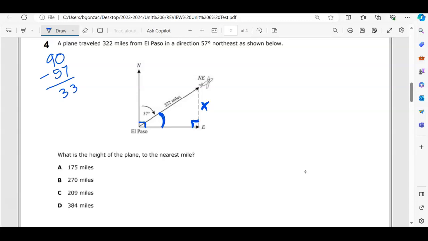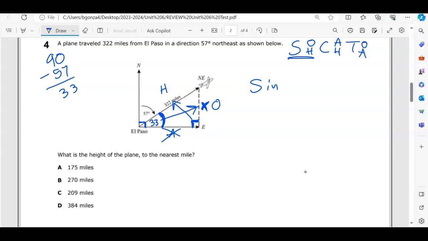So I'm going to put 33 right in here, and now I'm going to use that angle to label O, H, A. Which one is not labeled? Well, it's the A. Scratch out A. And now I can write sine, because thinking of SOHCAHTOA, O and H has to be S, sine. So let's go ahead and hit sine. Sine 33 equals O over H,